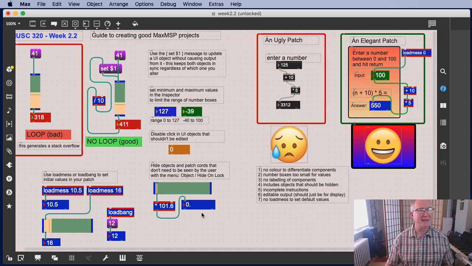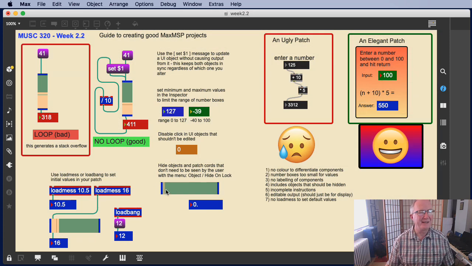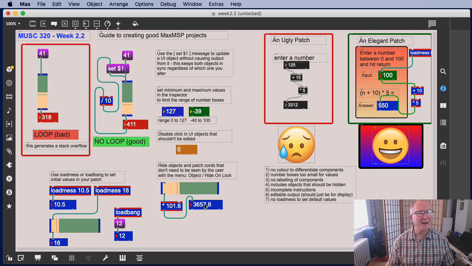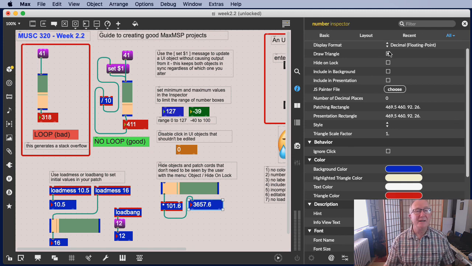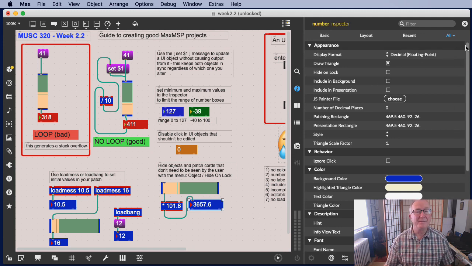Here's another little hint. Let's say this slider. If this happened to be numbers, then one of the things I might want to do is go Command I and say it's going to be decimal